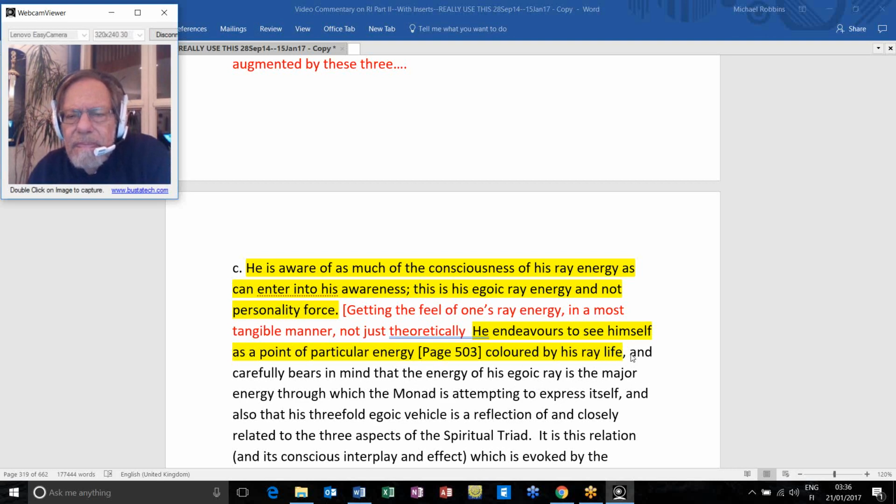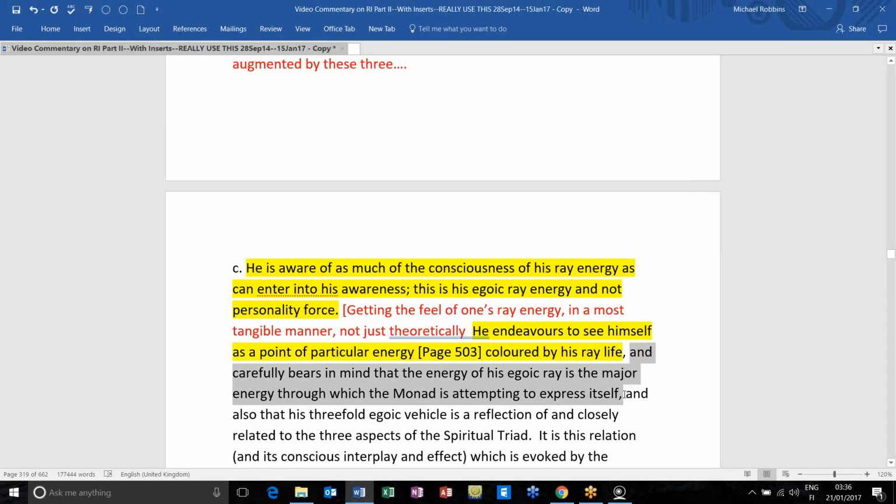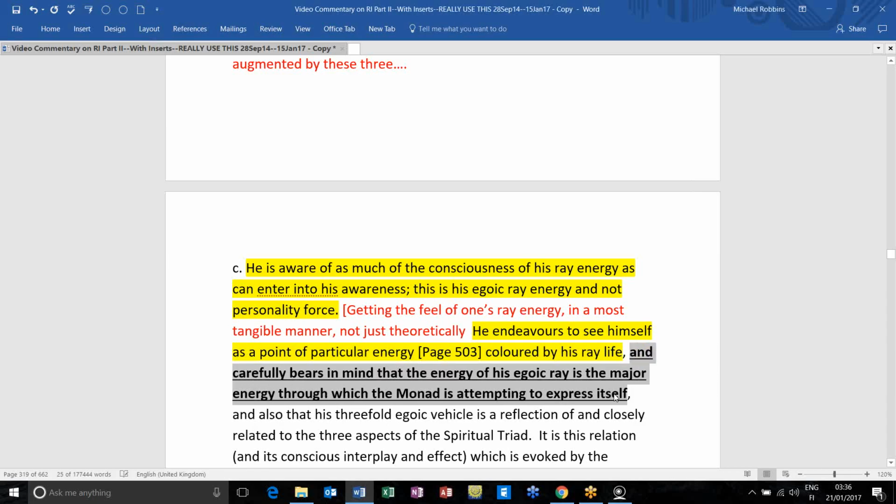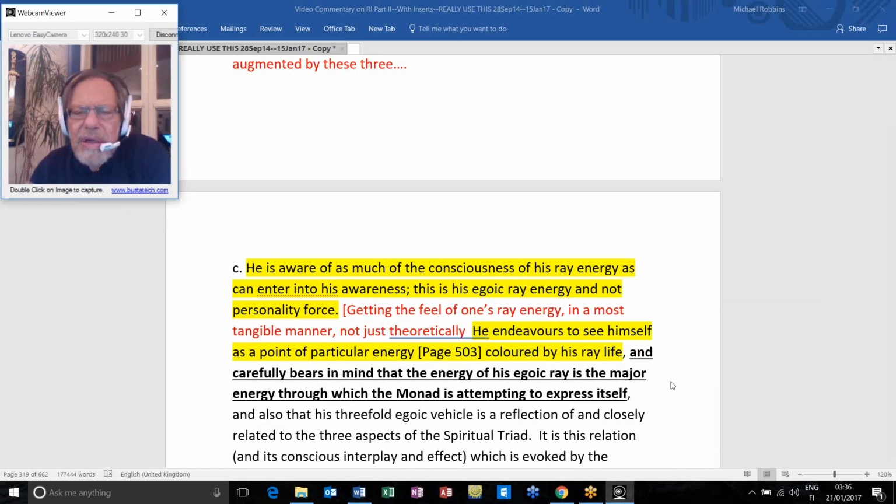And I guess this is a very important statement, because it does give the connection of the monad to the egoic ray. It is the subray, or at least one of the subrays of the monad. And I think there are some subrays on the higher planes, just the way the ego has a kind of subray on its own level, a certain place in the higher mental plane. But this is a method of relating the egoic ray to the monad.